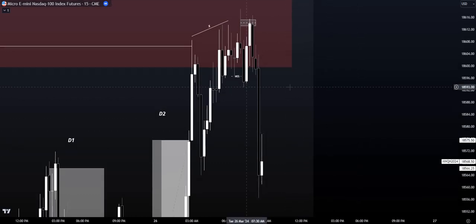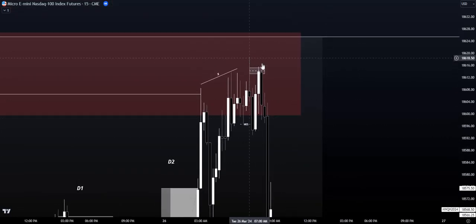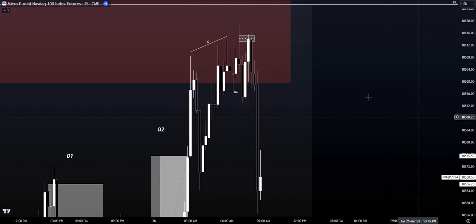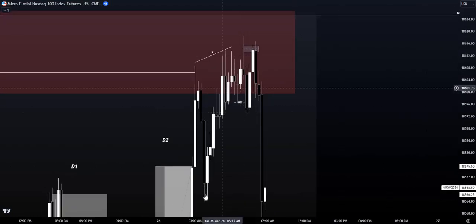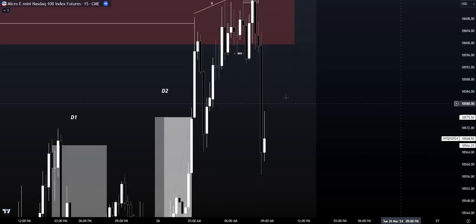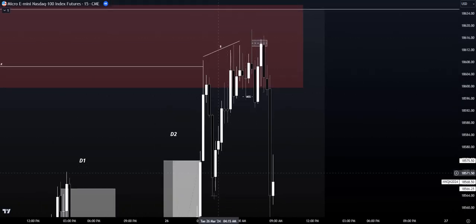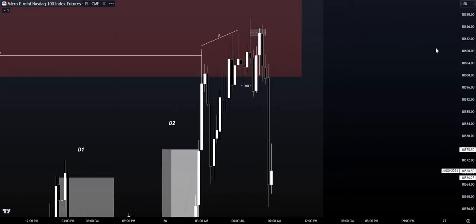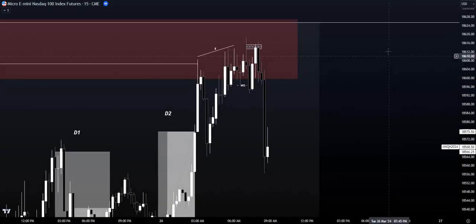And why do we not have our market structure shift here? This is the highest high. This is a lower high. This would be a break of market structure, not a market structure shift, because this is not the highest high. This is a lower high than this high. This is the highest high of this current displacement range. So because of that, we look at the previous swing low before creating that higher high. Low, high, lower low. So because of that, this displacement here, we need displacement through that low. That would be our indefinite market structure shift to then see that we would be going bearish again.